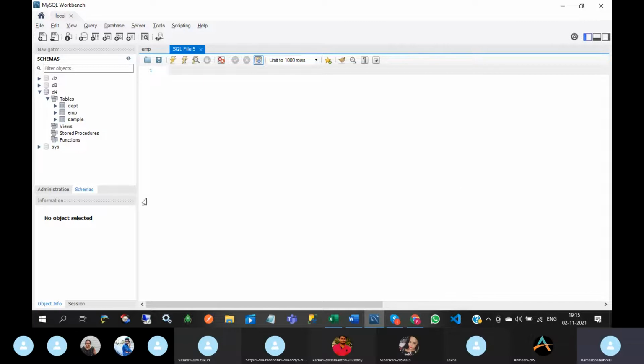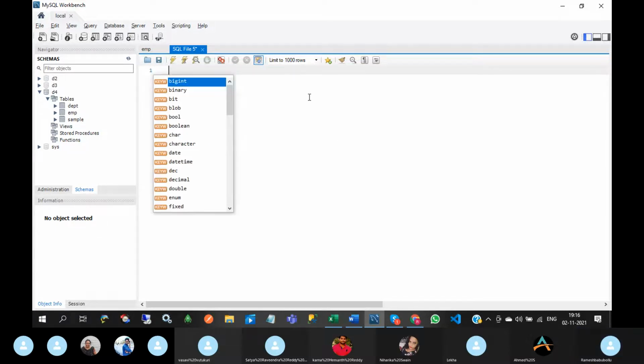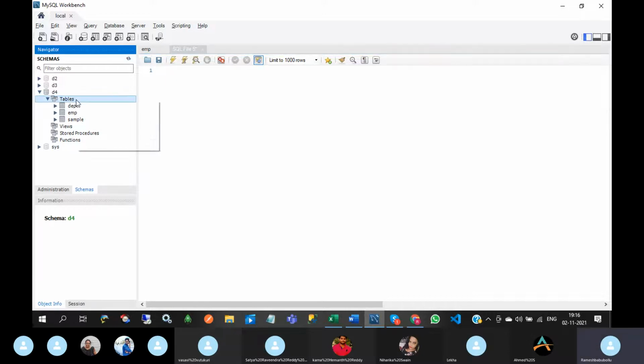Let me do it with an example. I'm going to create one table, create table employee, with EMP number, integer. We will create the table in the tool approach.